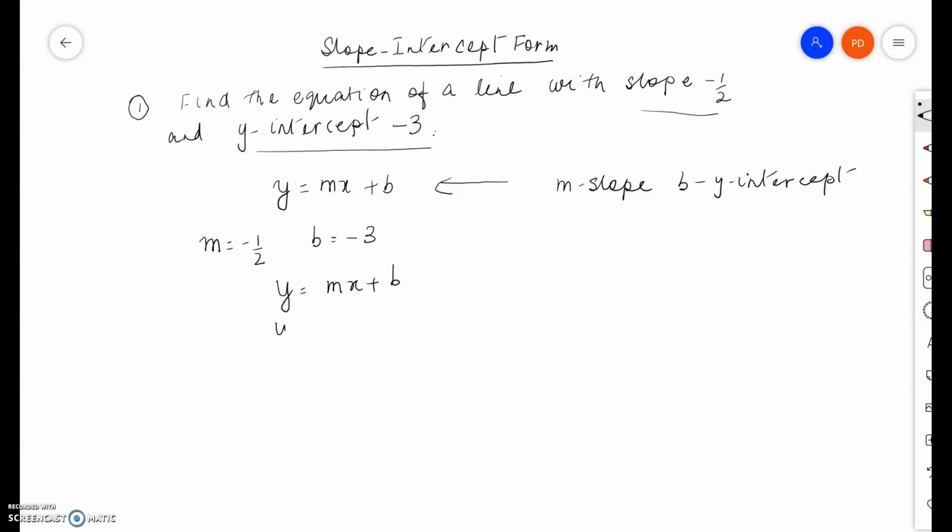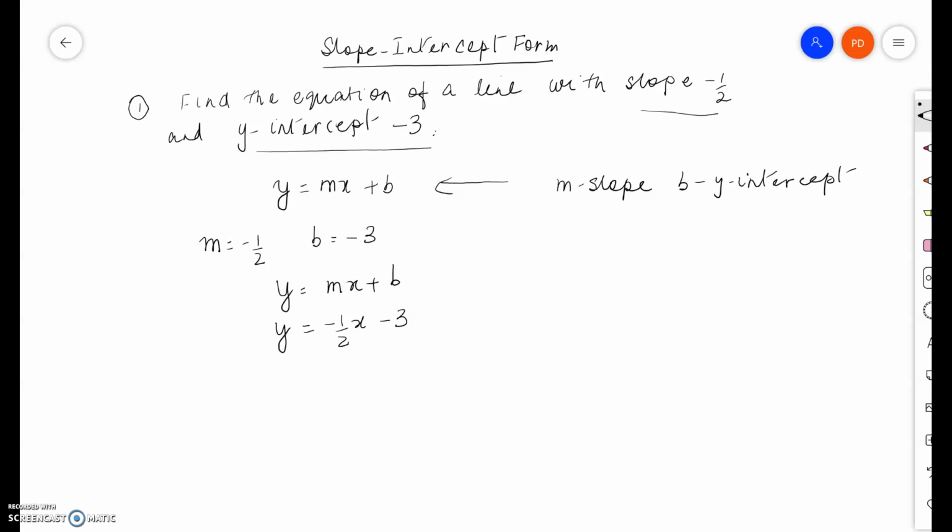So we're going to replace m with -1/2, leave the x alone, and replace b with -3. So y equals -1/2 x minus 3 is called the slope-intercept form of the line with slope -1/2 and y-intercept